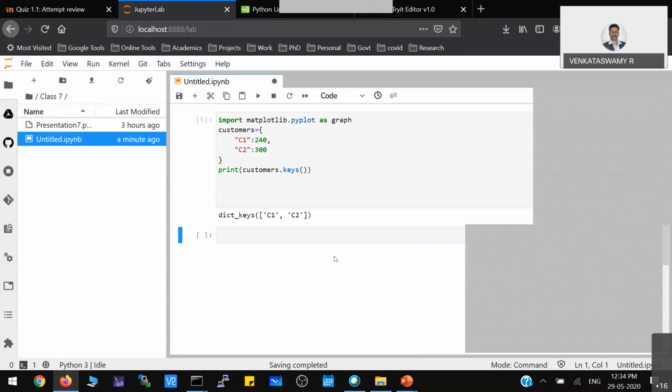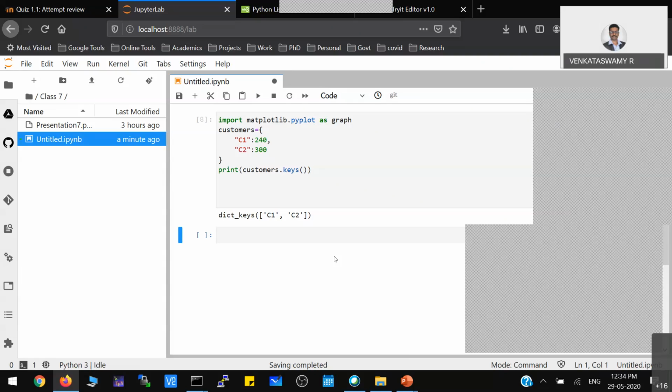So that's why I'm using dictionary here. The difference between your list and dictionary: a list is single dimensional, and here you have key value pairs. That is the only difference between your list and the dictionary.